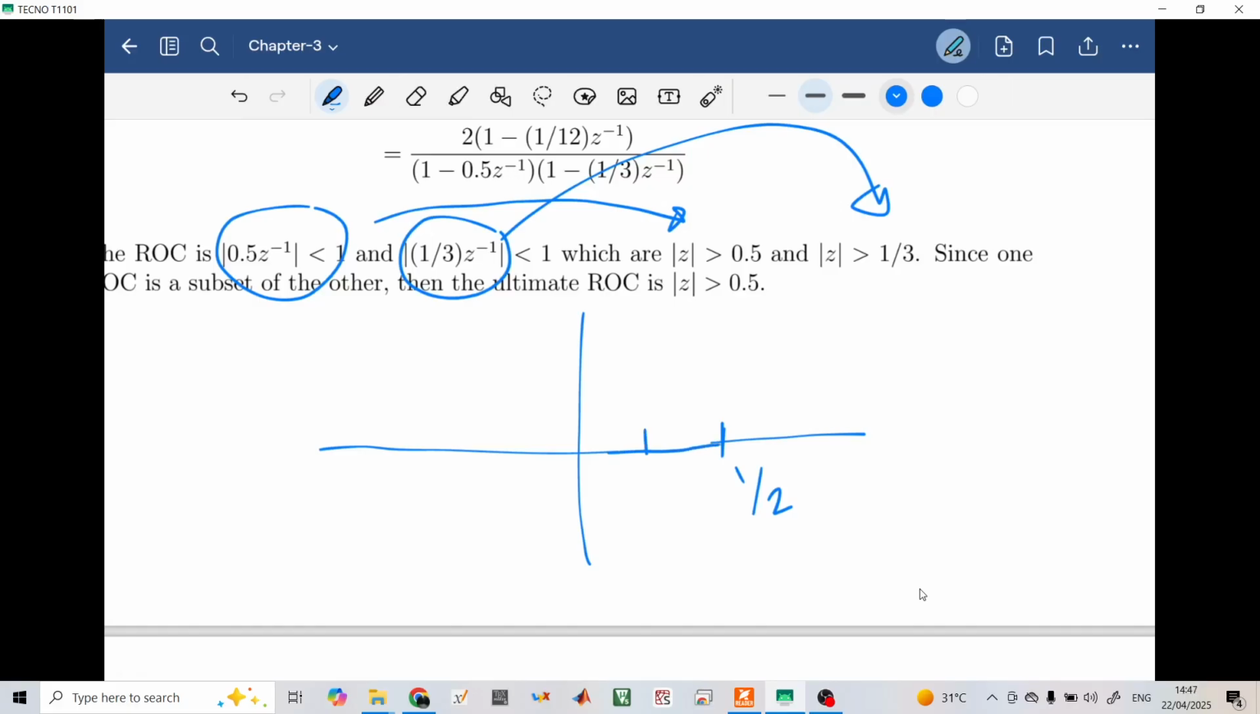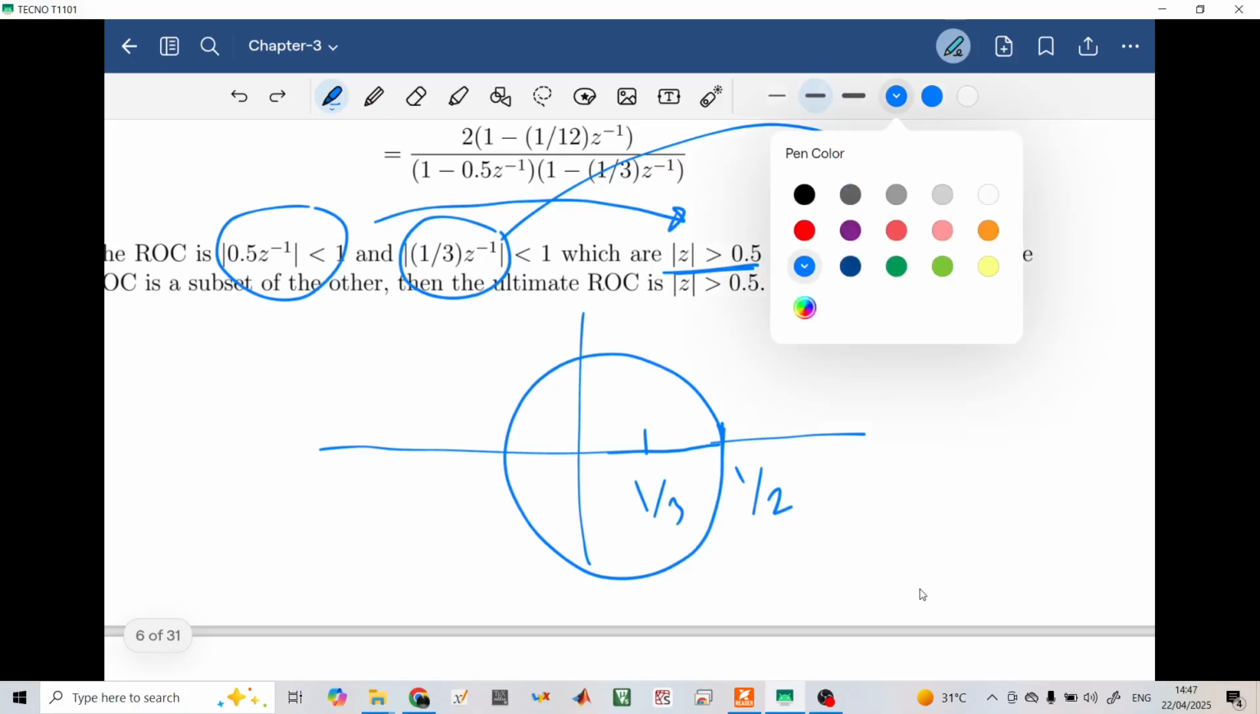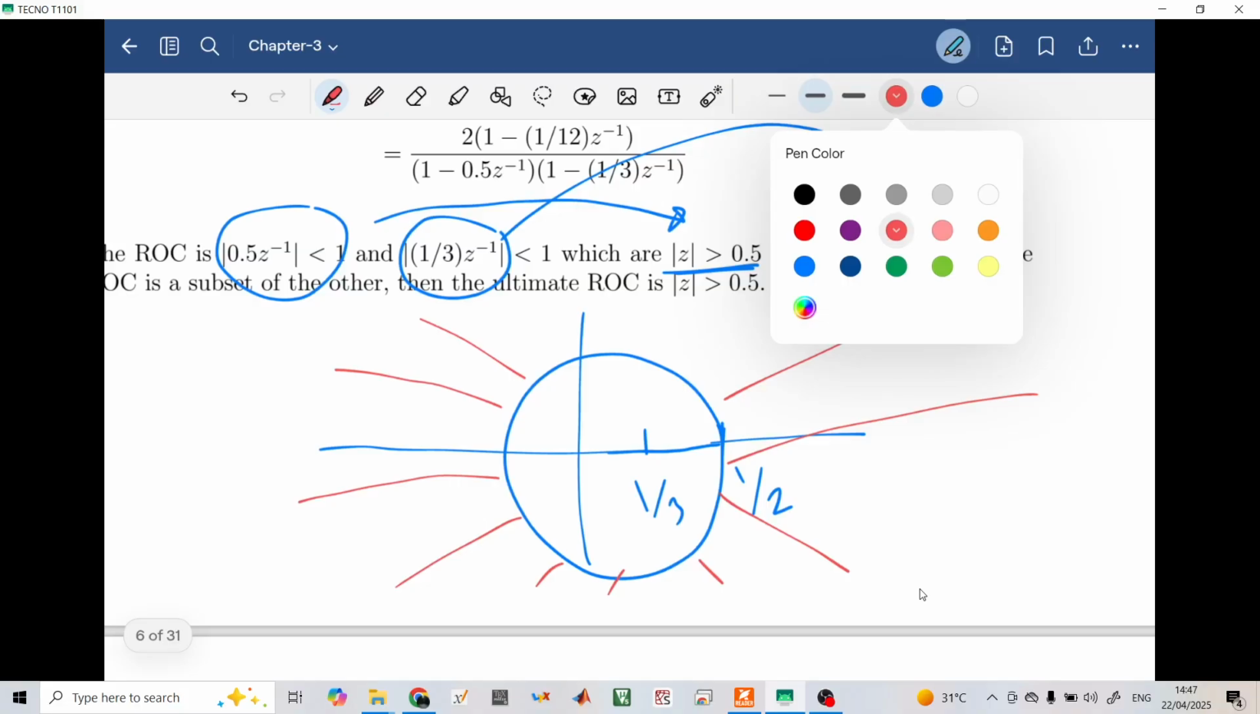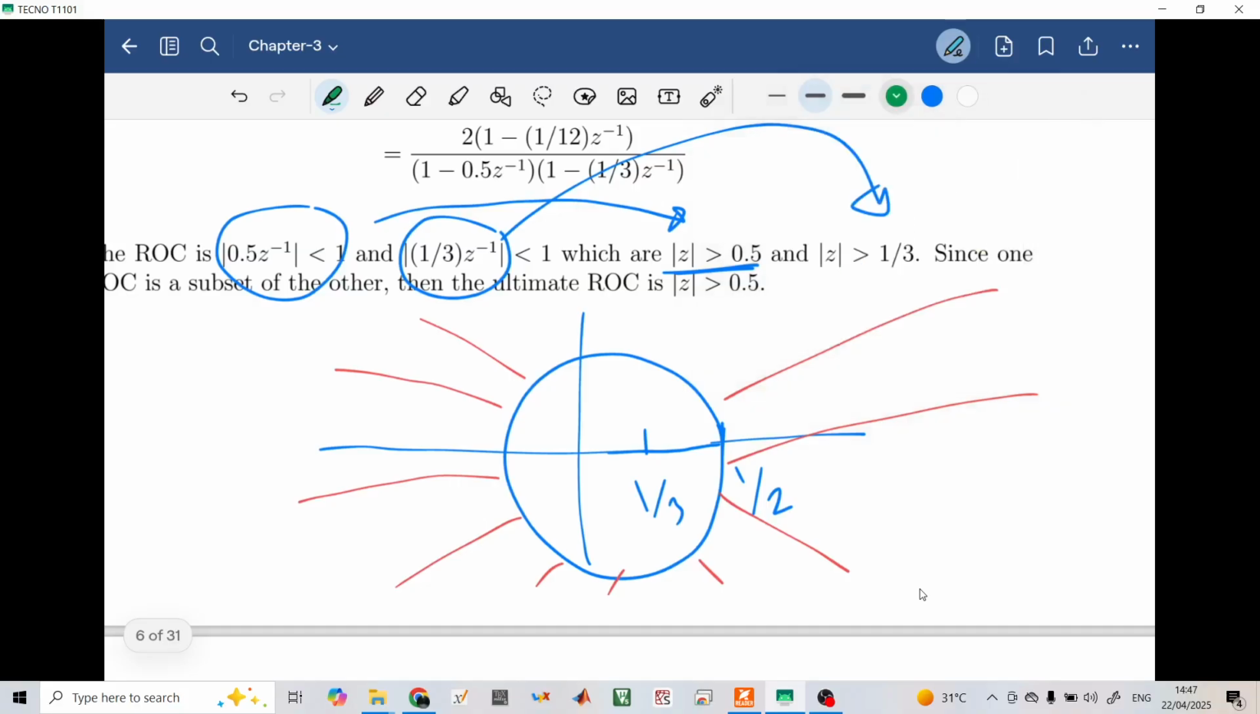So here we have 1/3, right? So the first one is this. So we have this area. Let's draw it with a different color, right? So let's say that we want to draw it in red color. So this is the first one, and the second one, let's give it a green color, right? So here,